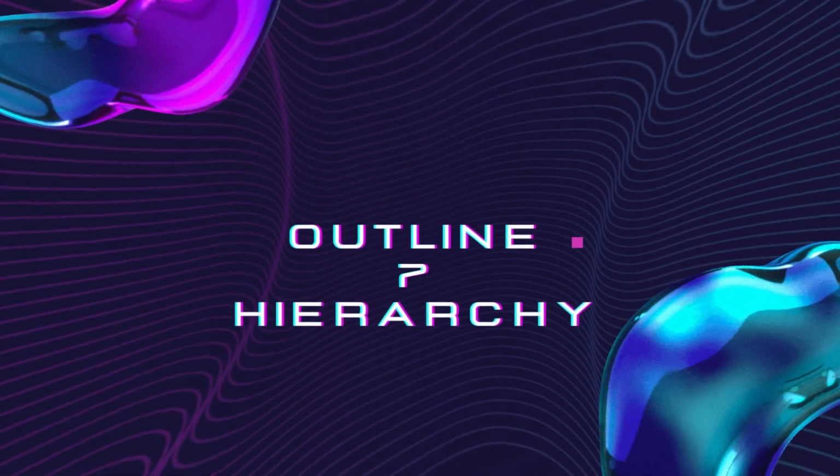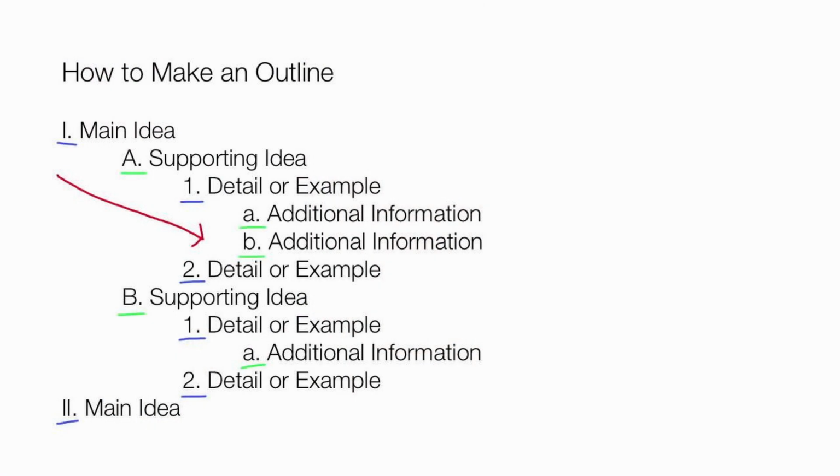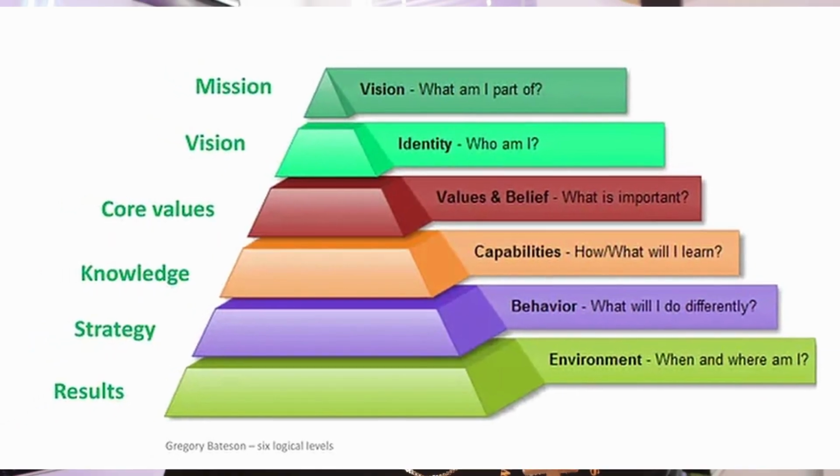Next, we have outlining and hierarchy. Create a detailed outline and hierarchical structure. This basically allows you to break down your goal into main categories, then further divide them into subcategories and tasks. This method provides a clear roadmap as to what needs to get done. I find that I kind of do this already with the notes that I take around the goals that I have for the week. I'll write down the goal idea and then I'll put bullet points underneath as to little things that I want to add in underneath that idea.